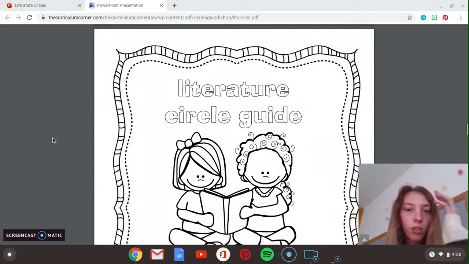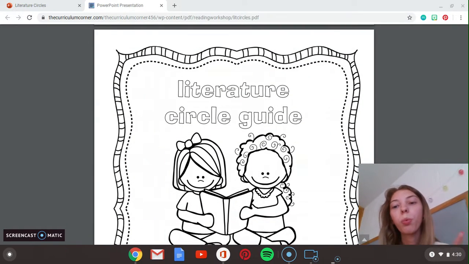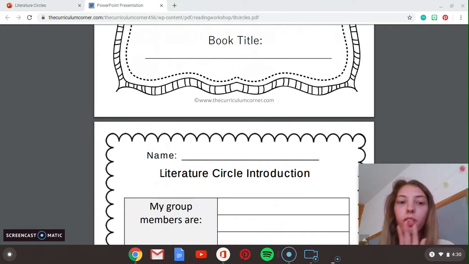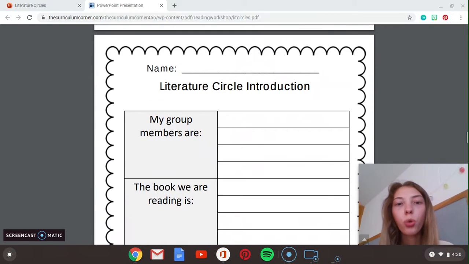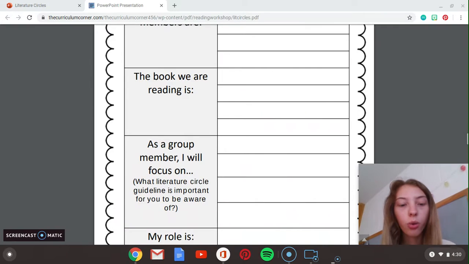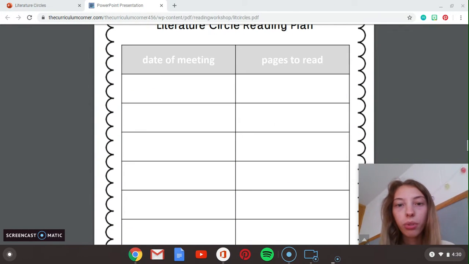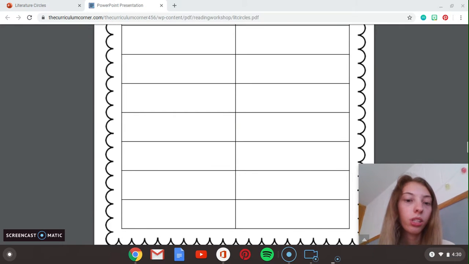Okay, so then we have this literature circle guide, which is what we're kind of basing our stuff off. I'm not giving you guys a packet. I will project the sheets when we need them, and you can copy them down because we're just using the format for some of these. So we're not going to do this introduction. We already know that sort of thing. We already have our literature reading plan. We don't need that part.